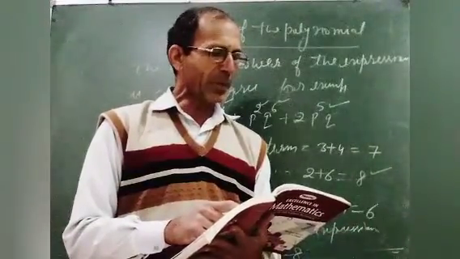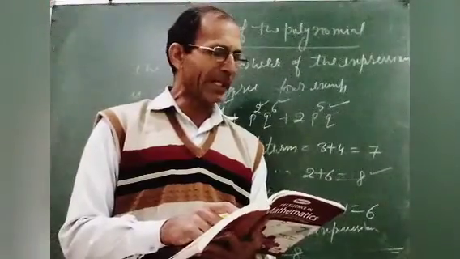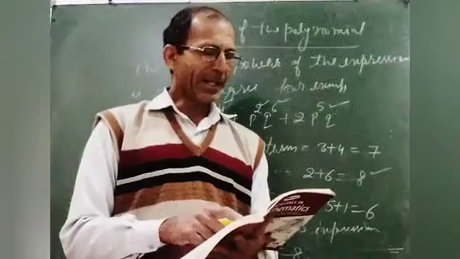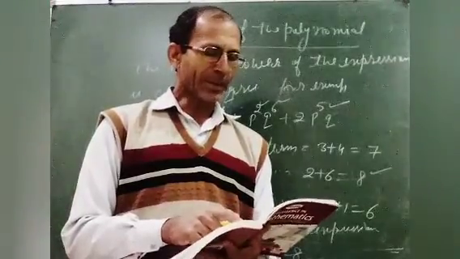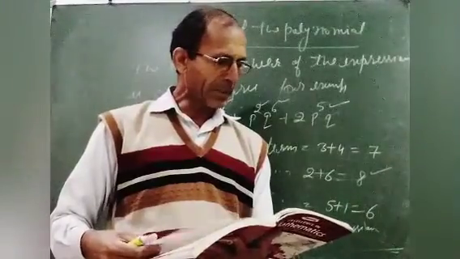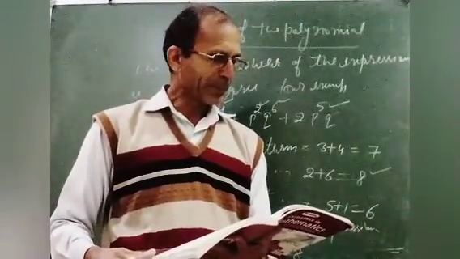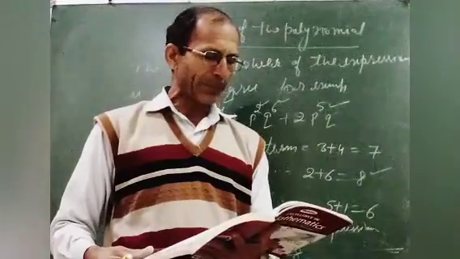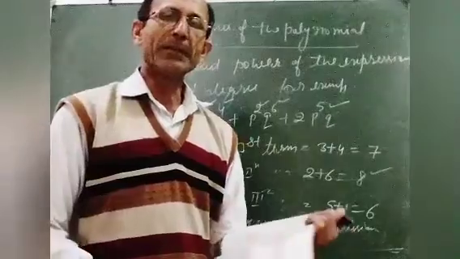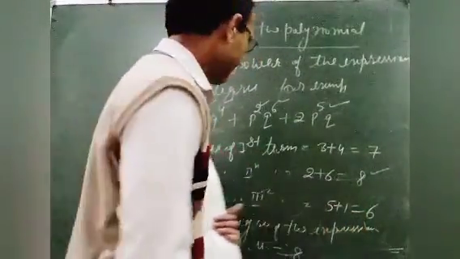Write the numerical coefficient of each term of the following algebraic expression. Numerical coefficient: in the first 1, in the second 7, and in the third 5. So these are the numerical coefficients. Write the degree, I already explained that. Now one more question, question number 7. Evaluate each of the following algebraic expressions for the given values. We have to put the values, and after that we have to find the solution.